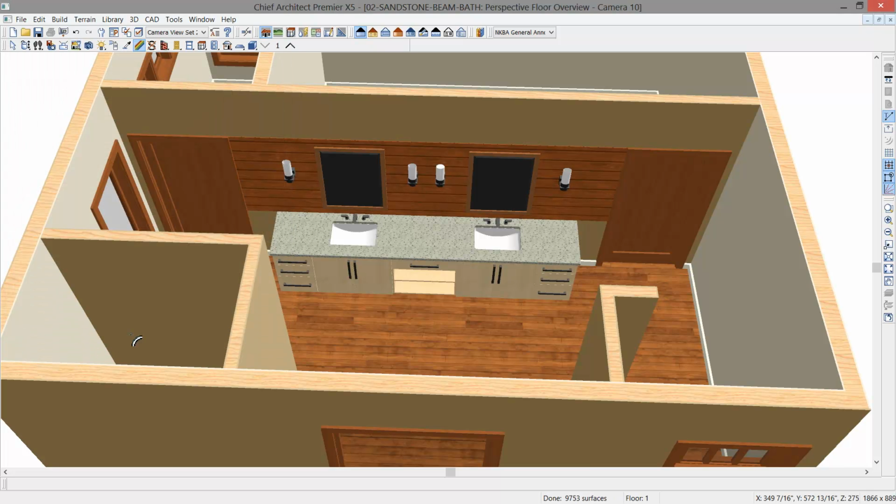Select OK and brighten that up. I may have gotten it a little bit too bright, but the color chooser is a pretty handy tool. The next thing I'm going to do, as long as I'm in this perspective view, let's change a few of